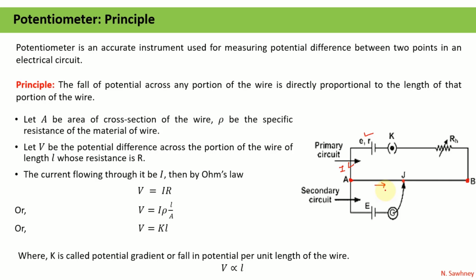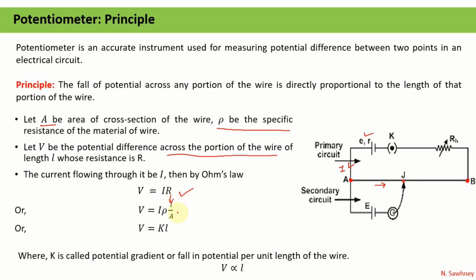That is, the fall of potential across any portion of the wire is directly proportional to the length of that portion of the wire, which has uniform cross-sectional area. Let the area of cross-section be represented by A and rho be the specific resistance of the material of the wire. If V is the potential difference across the portion of the wire of length L, whose resistance is R, then by using Ohm's law, V is equal to IR, and R can be written as